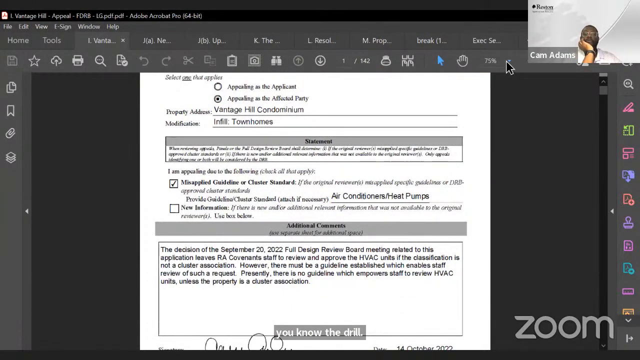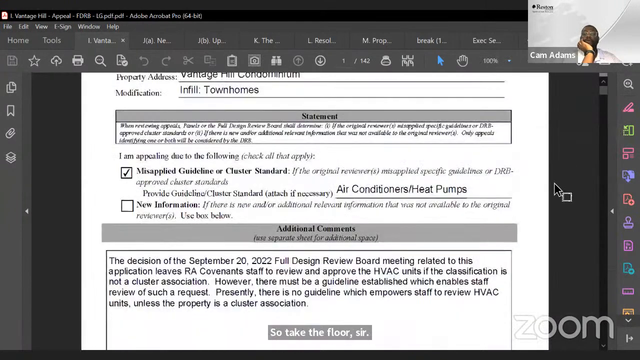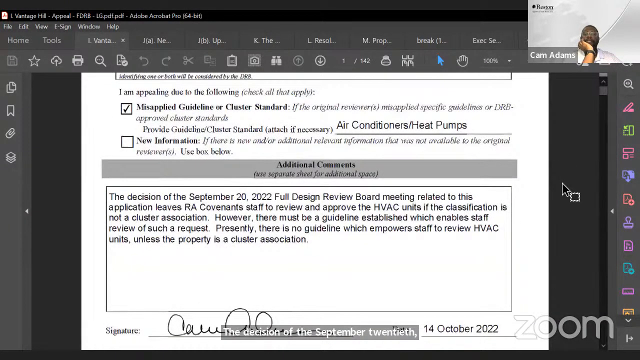The decision of the September 20th, 2022 full board meeting related to this application leaves the Resident Association Covenant staff to review and approve the HVAC units if the classification is not a cluster association. However, there must be a guideline established which enables staff to review such a request. And presently there is no design guideline which empowers staff to review HVAC units unless the property is a cluster association. So if you go to, I think, page 3 of the